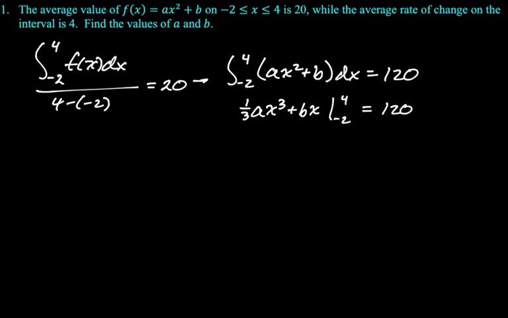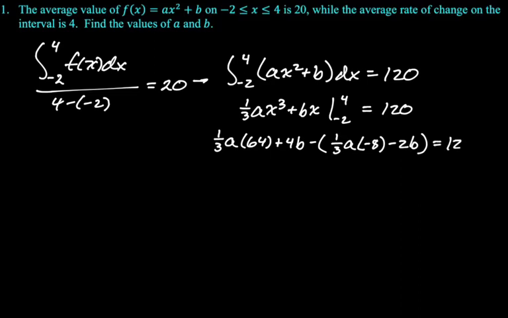So we got to plug in here. So we're going to get 1/3 a, 4 cubed is 64, plus 4b minus quantity 1/3 a, -2 cubed is -8, and then plus -2 times b, which is -2b, equals 120. Got to collect some things here. So we have 64 over 3a, and then we also have plus 8 over 3a, which is 72 over 3, which is 24 a's. Then we have 4b plus 2b, so we have 6 b's, and that's going to equal